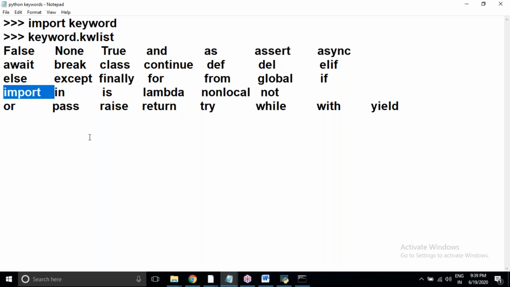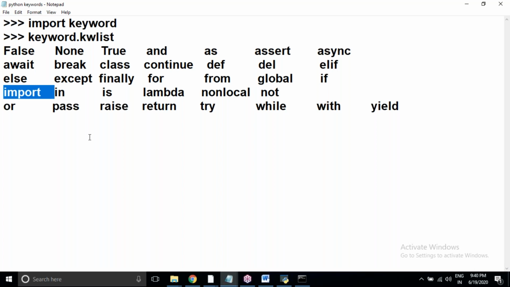Python is a case sensitive language. Like C, C++, Java, .NET, Python, all are case sensitive. Those who know only the C language may think case sensitive means we have to write the program in lowercase.